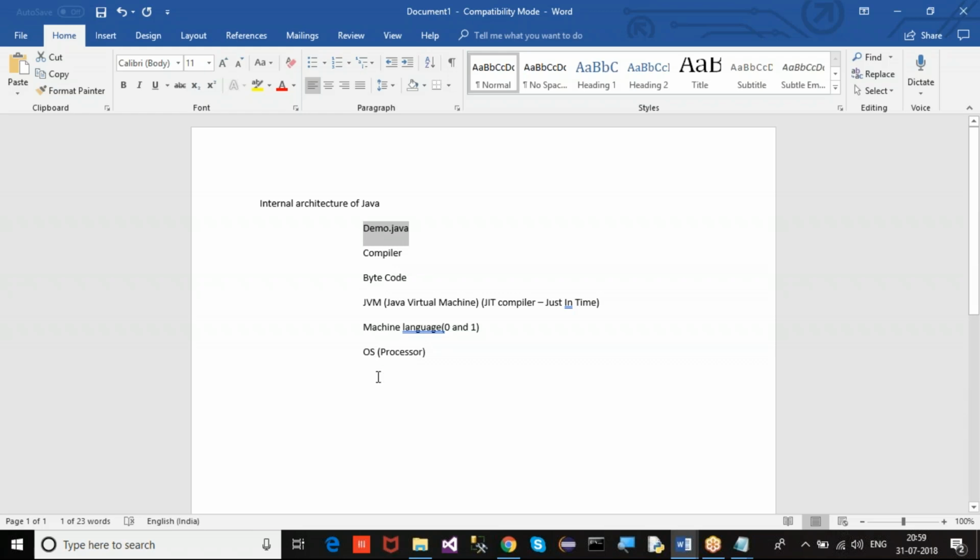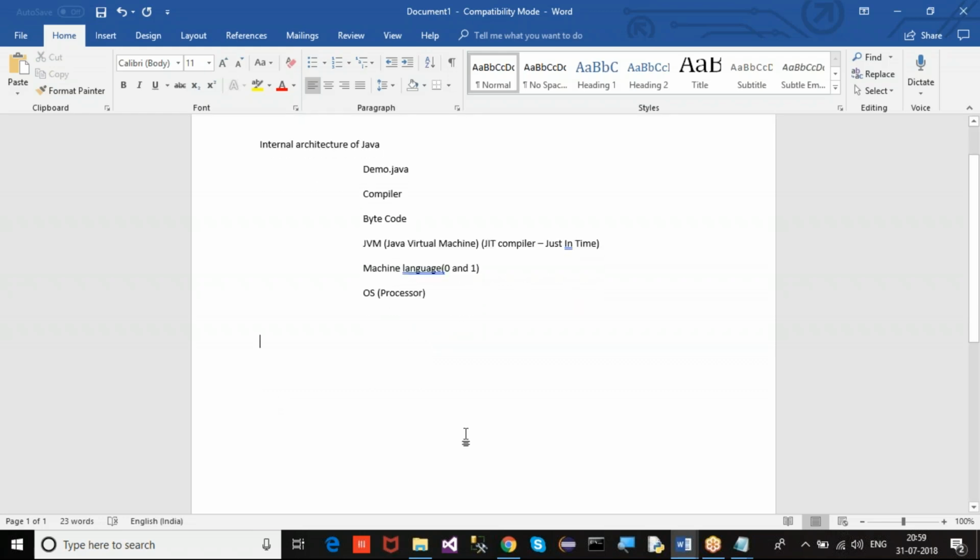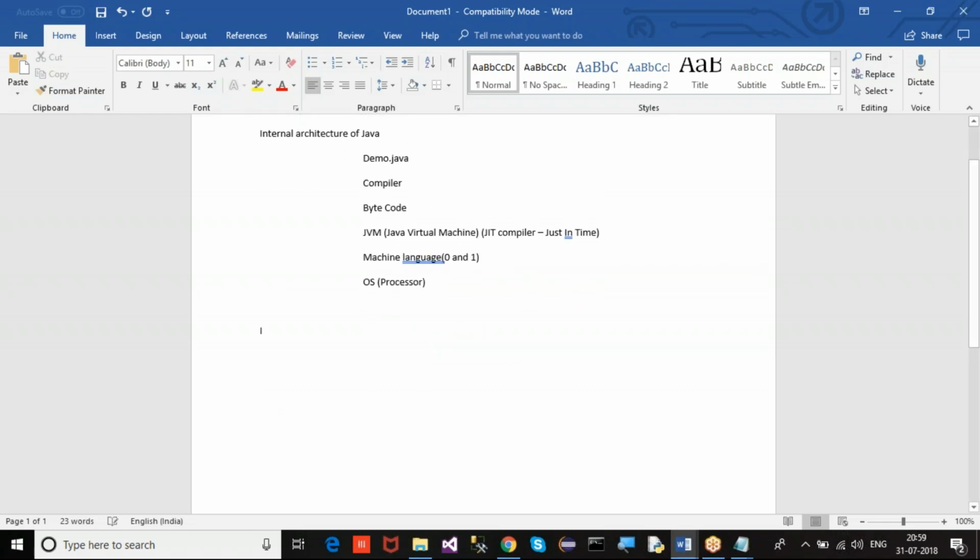So that's it. This is how the architecture of Java is. But I'm not interested in Java now, so I'll go to the internal architecture of Microsoft .NET. It is not only for C#, it is the same for every language under Microsoft .NET. So the program, whatever we write, will be in the form of a .cs file. So this .cs file will be